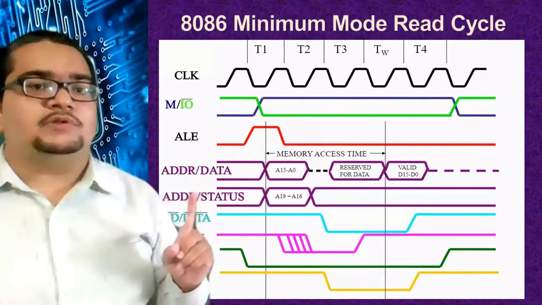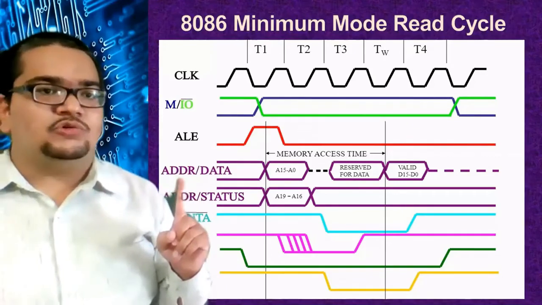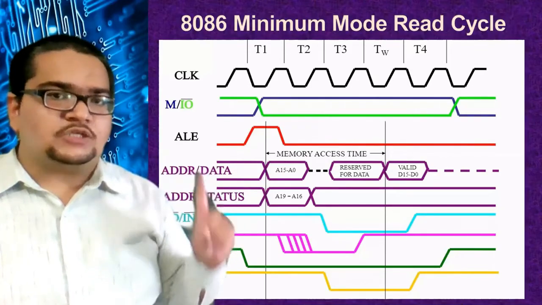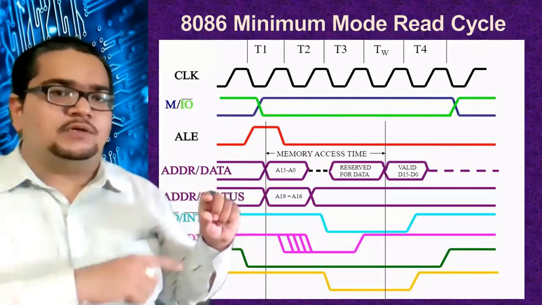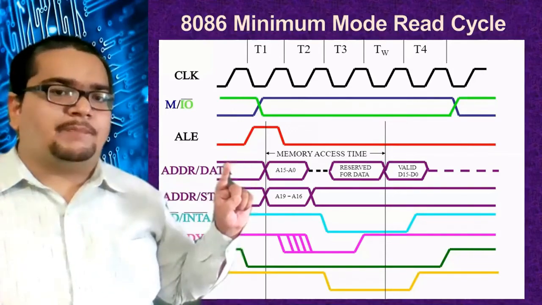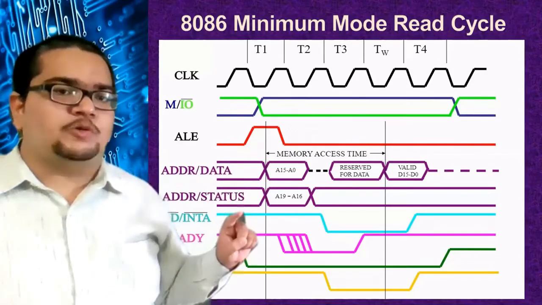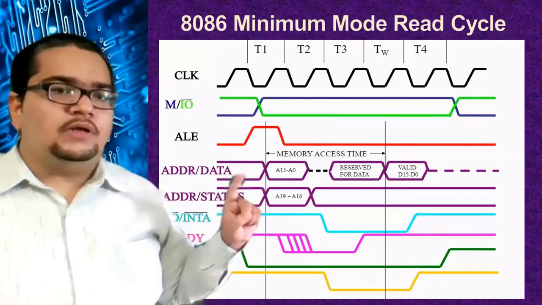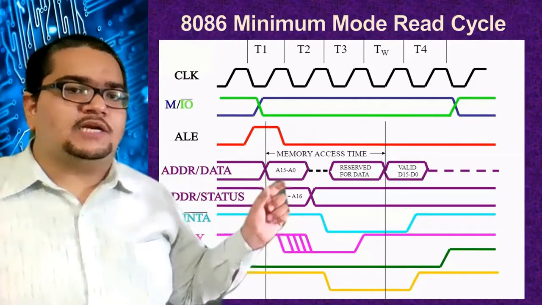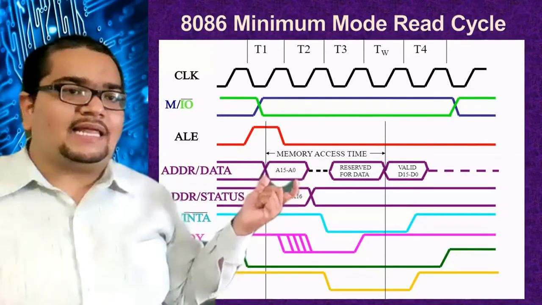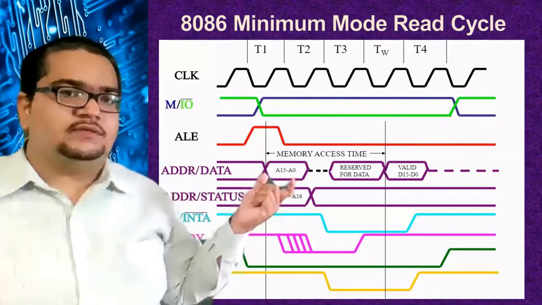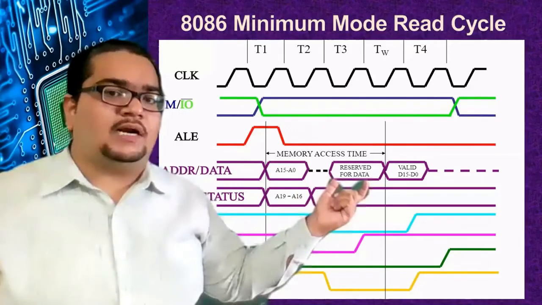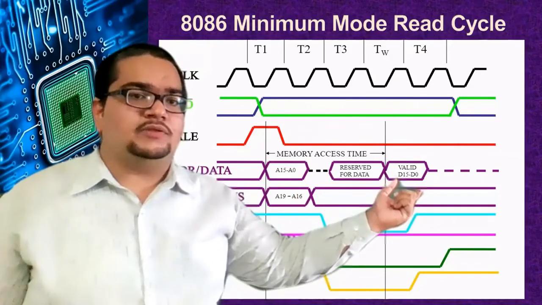Now here you have to concentrate upon these AD lines, AD0 to AD15. These are buses. Among all these signals, the ones available in this format, the purple color here, this one is a bus, this one also a bus. Others are single signals. At this moment of time, you can check for a small moment, it is address on it, A0 to A15. Okay, there is a small transition gap. After that, it is reserved for the data, and after that, valid data is there on these lines.